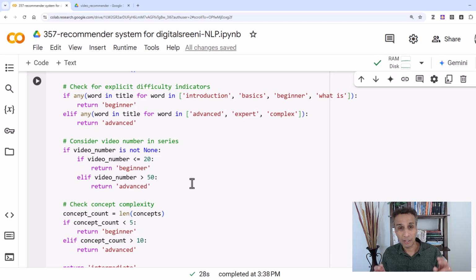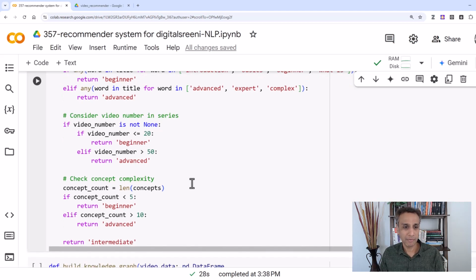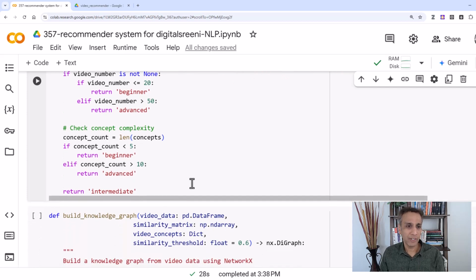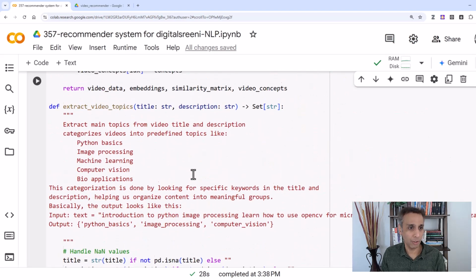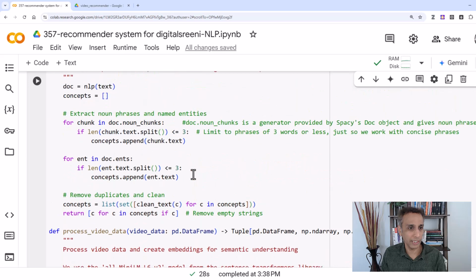Of course, there are other mini topics within these video series. So it's not as simple, but we are kind of simplifying it as much as we can. And also we'll look at the concepts, right? If the concept count is less than 5, it's only like Python basics or something, right? Then it's a beginner. But if the concept count is greater than 10, like if it's covering multiple topics, then we say, hey, this is advanced, otherwise it's intermediate. You can set your own rules based on what you're trying to achieve, but this is what I decided to go with. In fact, it does make sense for us to run this block if I haven't already done so,